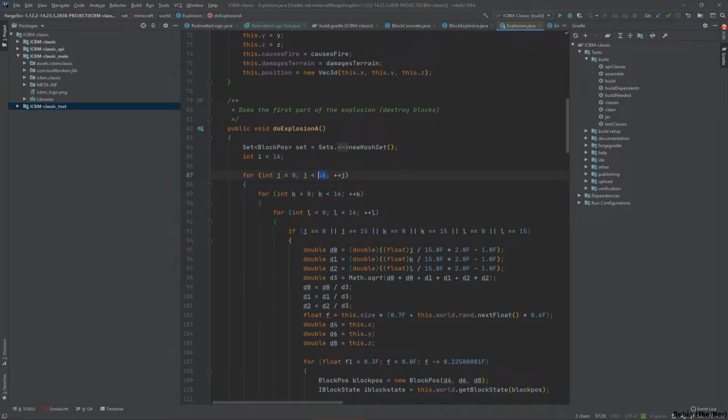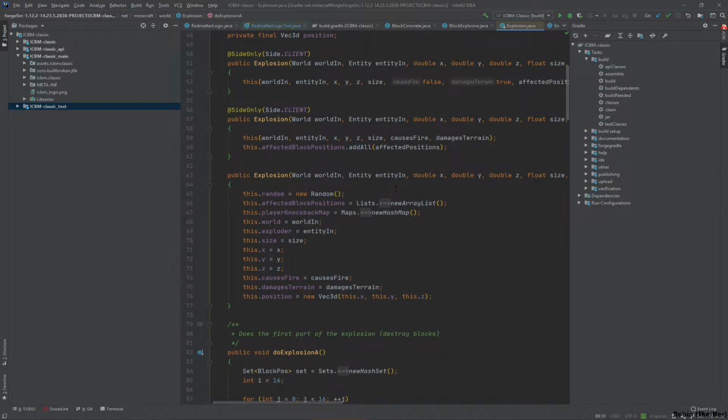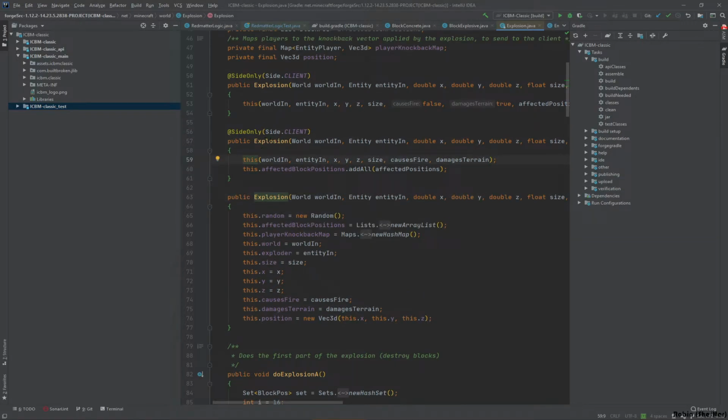Yeah, so we do see 16 down in here. And what is the default size? Because I think that's what we were looking for. Obviously, this is going to be generated by the world. World's not controlling it, so...